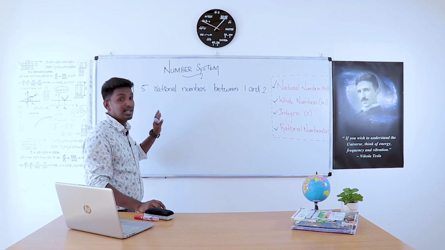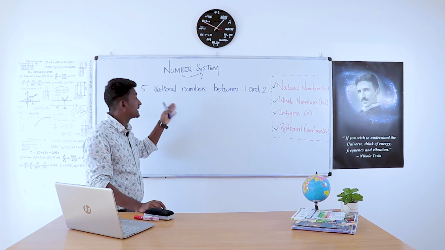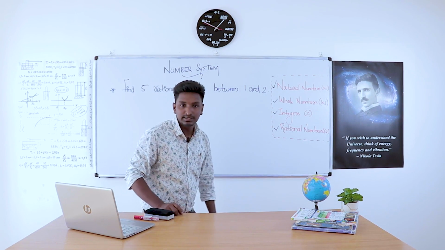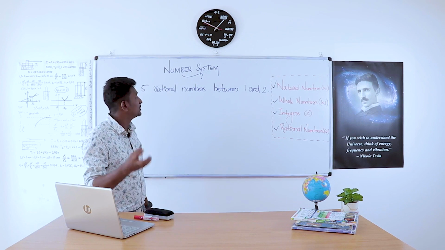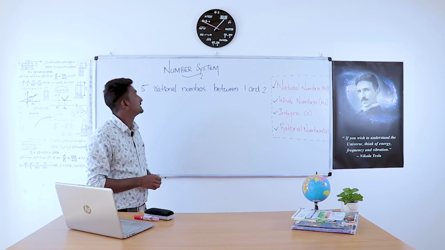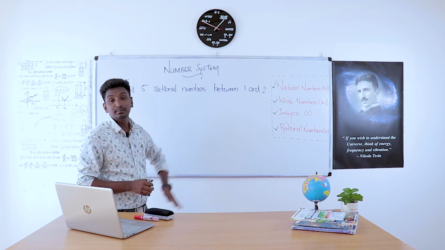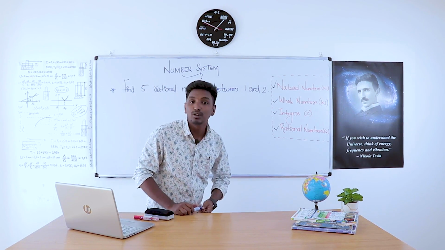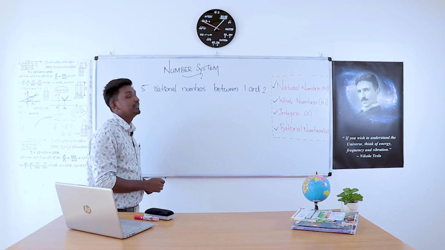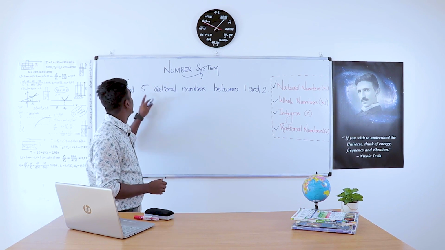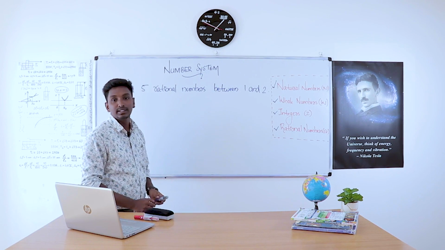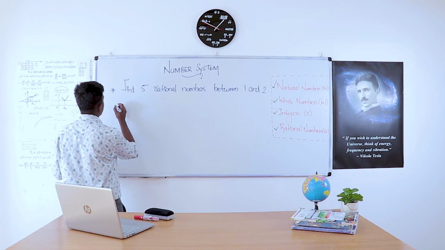That means if you are asked for 5 rational numbers or 10 rational numbers or 15 rational numbers or 20 rational numbers between any two whole numbers, then you can find the solution using two methods. In general, we can say: find n rational numbers between x and y, where x and y are whole numbers. This is the general form. Here n is equal to 5, x and y are 1 and 2 respectively. Okay. Then the first method is